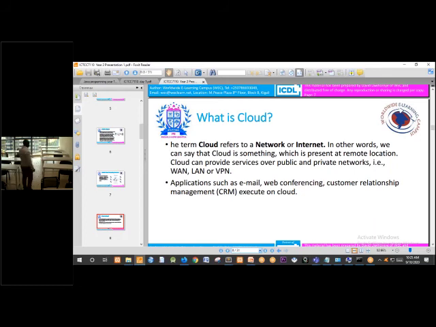Now, cloud computing refers to manipulating, configuring, and accessing hardware and software resources remotely. As long as we can access software resources, hardware resources, and other types of services remotely, we are in cloud computing.